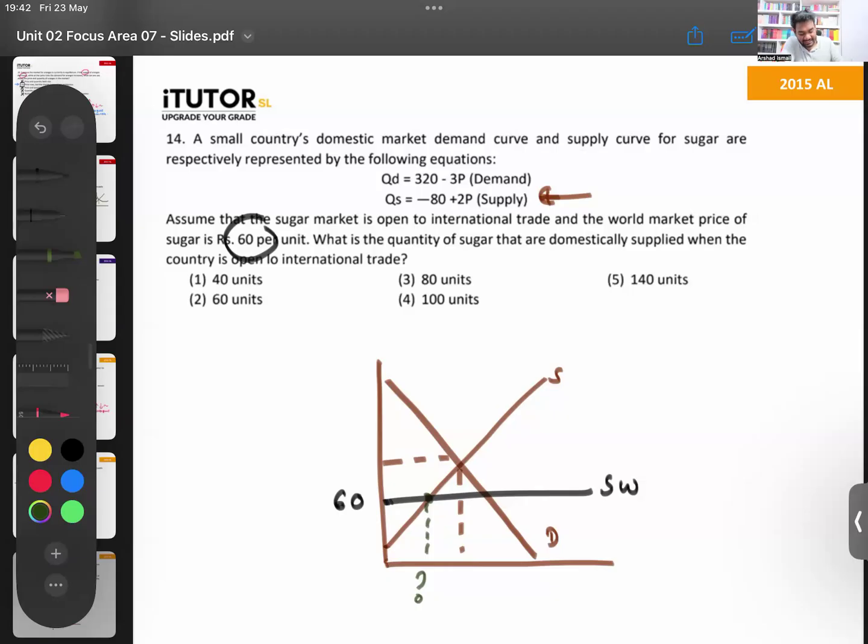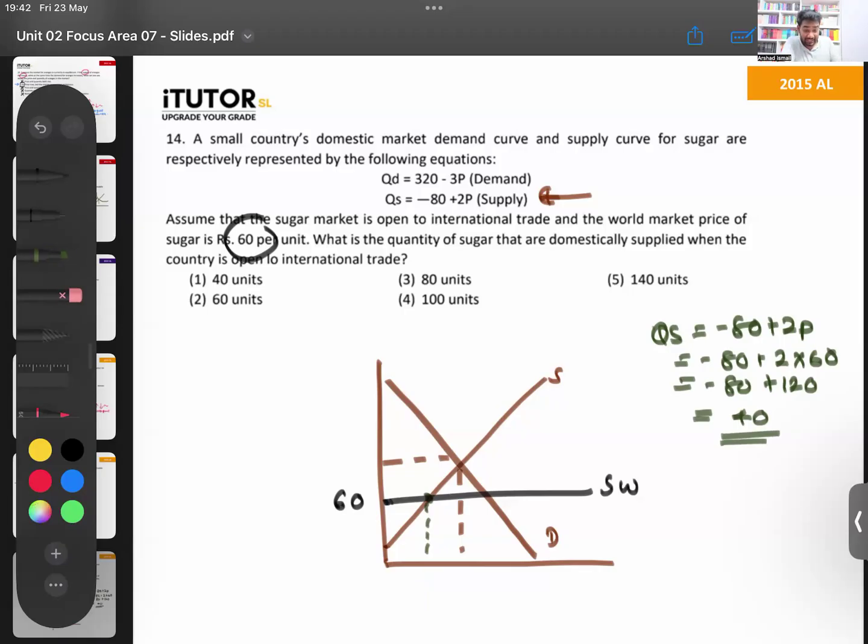So if you take the supply equation, that is QS equals minus 80 plus 2P, when the price is 60, so 2 into 60, that is minus 80 plus 120, you get 40. That is the domestic supply, Lama. That is your answer. Now, in case you want to go a little bit more into detail on this question,